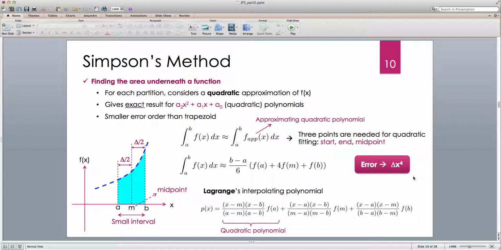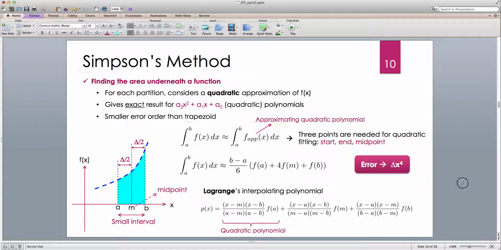And the question is, how do we actually find this integrating polynomial, or the approximation, this quadratic polynomial in each subinterval? Typically what we do, we use a Lagrange interpolating polynomial, and we briefly discussed this Lagrange method when I was talking about root finding algorithms using Brent's method, because the idea was the same there. We had to do a quadratic interpolation and find the root of that